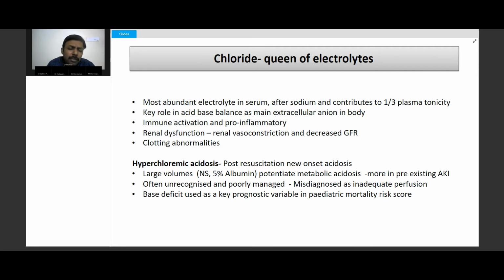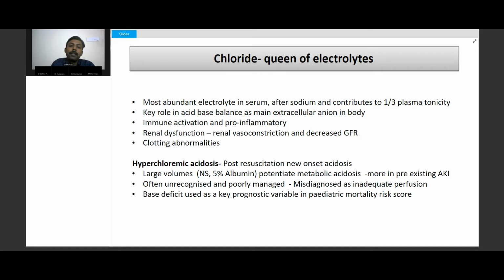So any patient who's developing new acidosis after resuscitation, we have to suspect hyperchloremic acidosis. This is a non-anion gap acidosis. Especially after large volumes of crystalloid or 5% albumin resuscitation, there is more of this kind of metabolic acidosis, especially in children who are having pre-existing AKI, which is common. And it's often under-recognized and poorly managed, and it is managed as shock. And the base deficit is very high in these patients, and that becomes a key prognostic tool in pediatric mortality